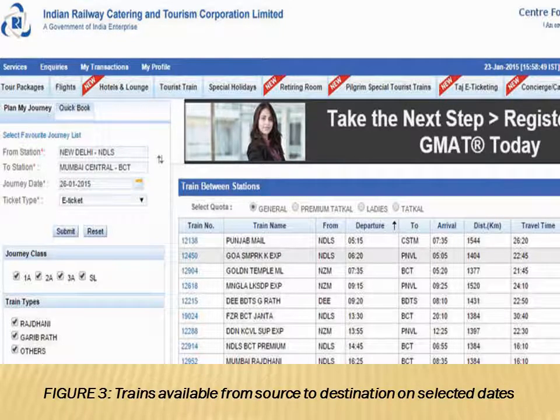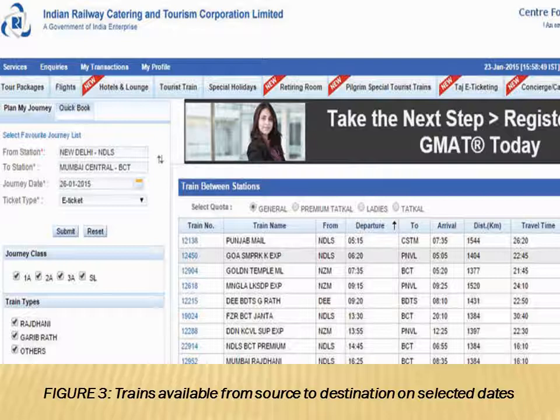tables, in which there will be the train number and train name from Delhi, which station to Mumbai, which trains travel to the Mumbai Central Station on the 26th, that will be displayed to you.